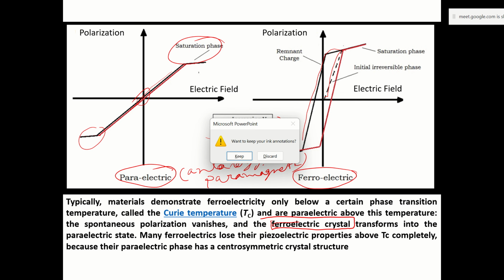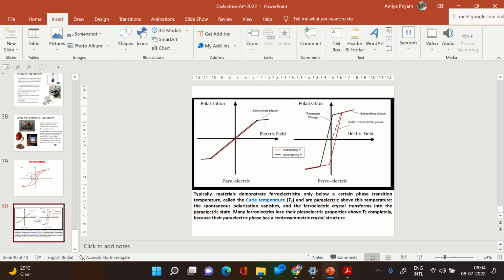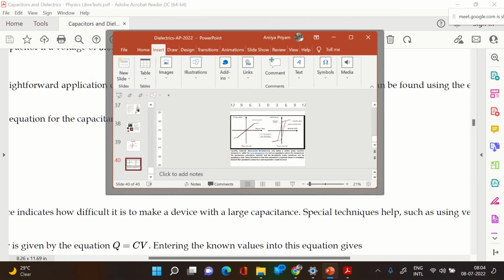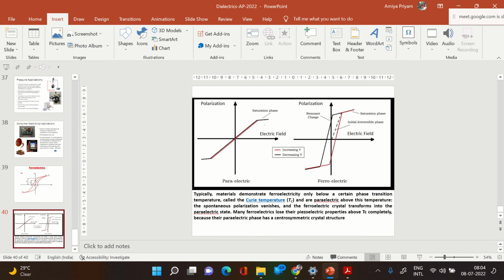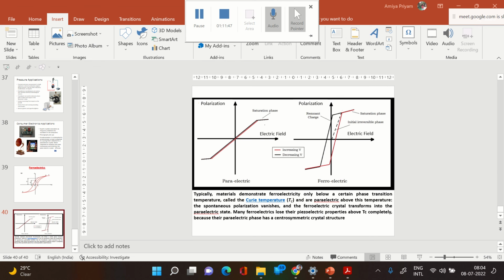So that's the end of this part. Now your solid state, most of the things are covered, and now we can